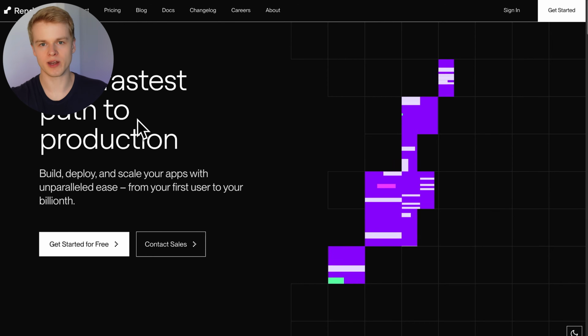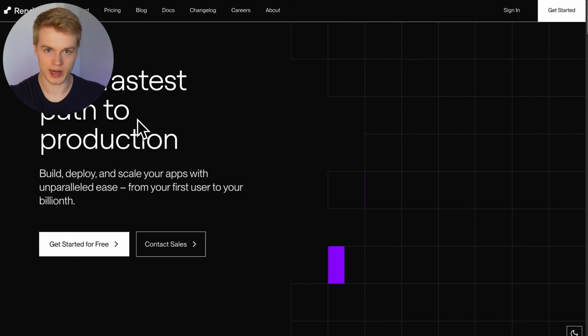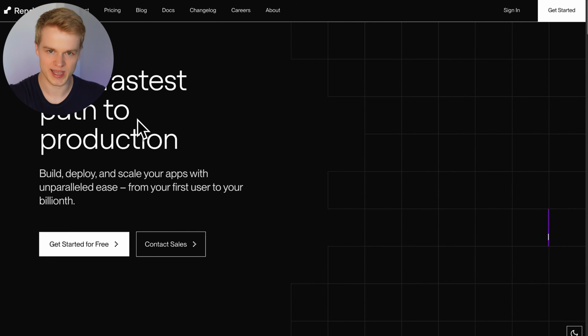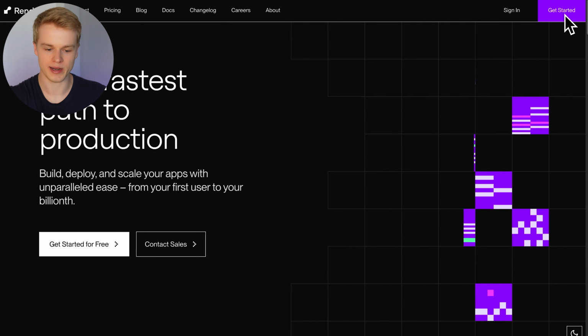Now, you don't need to understand anything about the server stuff itself. I pre-created everything so that you literally need to add a URL, and the rest is basically automatically set up for you without you doing any kind of technical things. All you would need to do is head up here, go to Get Started, create an